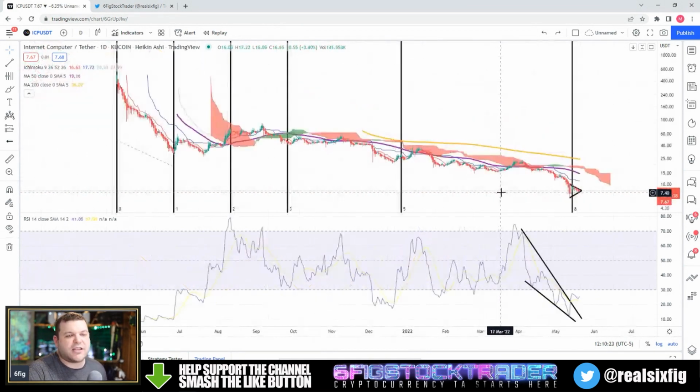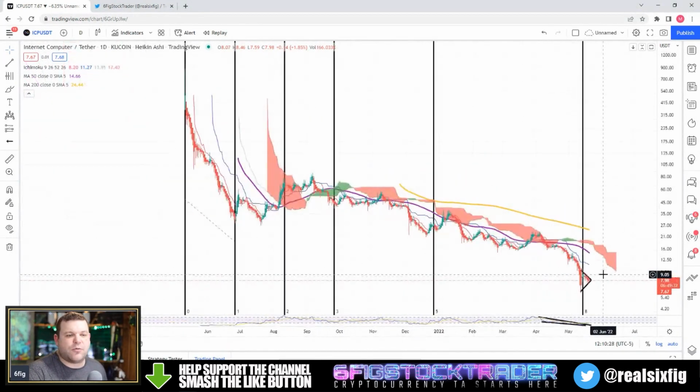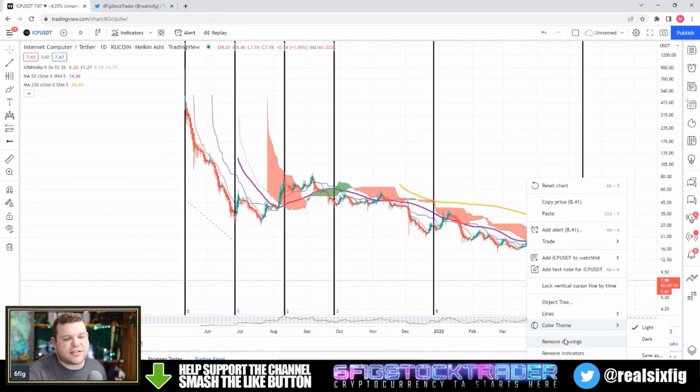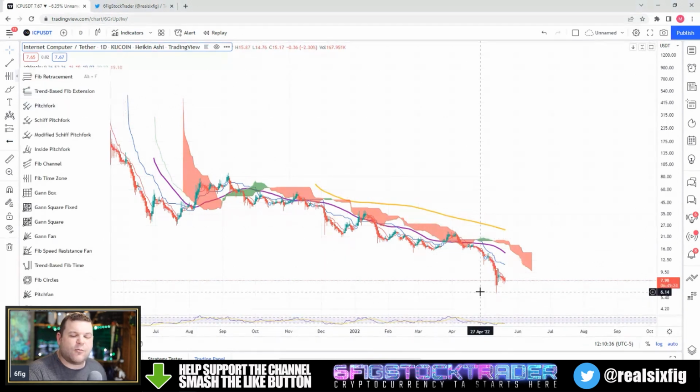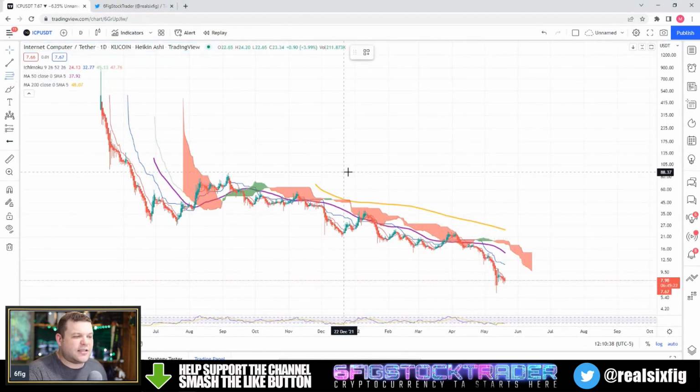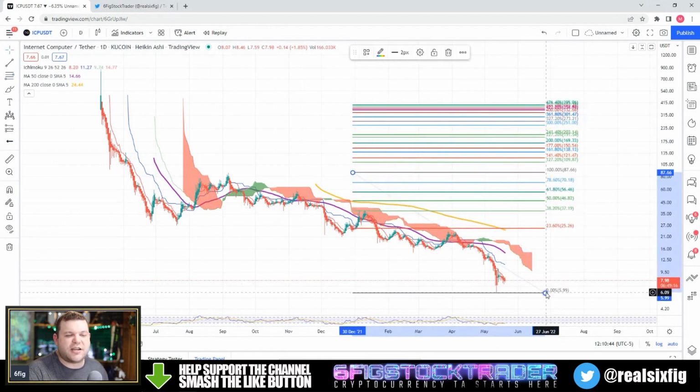Now, a lot of you guys are probably wondering, okay, so what if this is some sort of reversal point? Where are we going to see ICP really run to? Well, if the $6 mark was the bottom for ICP, and this is just make-believe or pretend, this is not financial or trading advice, I do think that a logical step up from here would be this $25.26-ish level, right at the 23.6. But it wouldn't surprise me to see a $56 ICP in the future here.